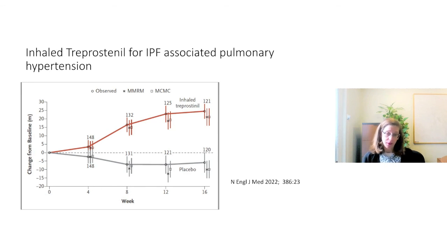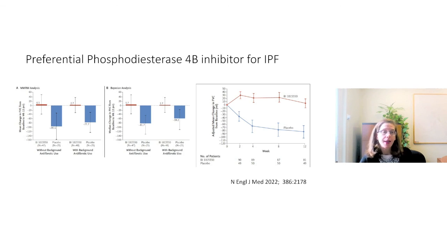And even more recently, there have been a couple of New England Journal publications demonstrating effective therapies for patients with IPF. One looked at inhaled treprostinil for patients with IPF who had associated pulmonary hypertension. And here it was demonstrated their 6-minute walk distance improved significantly compared to those who received placebo. And even more recently, a phase 2 study, so this has not been studied yet in phase 3, but this phase 2 study looking at a preferential phosphodiesterase inhibitor, which affects both inflammation